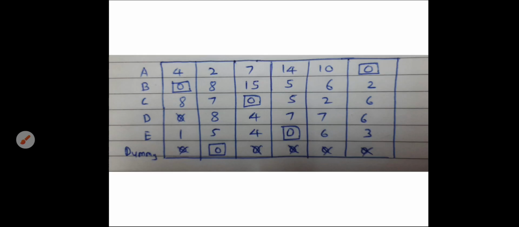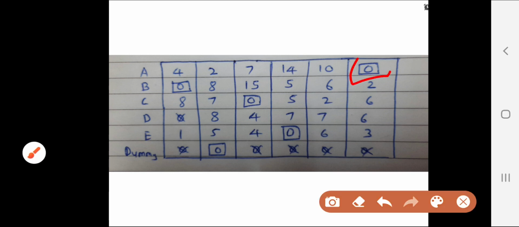Okay, once you complete this, now you do the assignment. In the previous lecture we discussed how to assign here. So in the first row you assign the last 0, you make the assignment here, and the other zeros are crossed. Then in the second row you assign this 0, and in the corresponding row there is no 0, but in column 2 zeros are there, you cross it. In the third row if you find a 0 here, you assign this, and there is no other 0 in that same row, but in the column there is a 0, you cross it. In the fourth row there is only one 0, but it is already crossed.